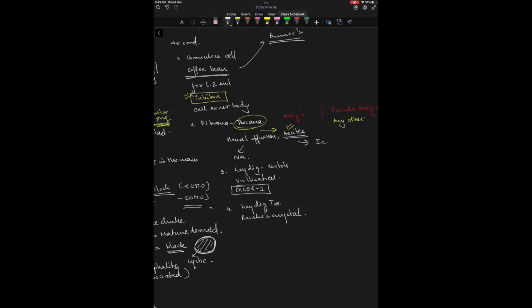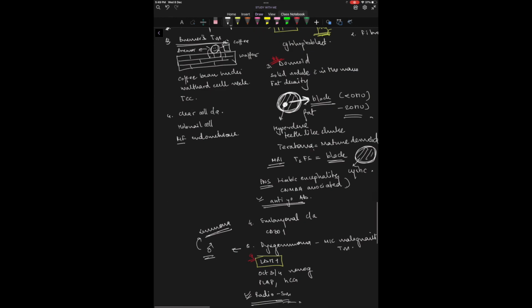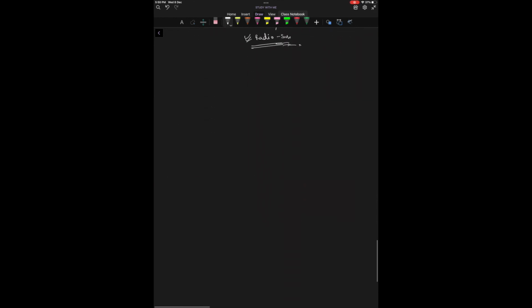So this was our ovarian cancers. Let's move on to the final malignancy in gynae, and this took me an entire day almost to compile all these things, but this is a very high yielding topic from gynae.